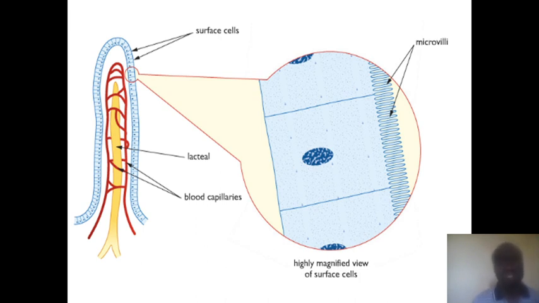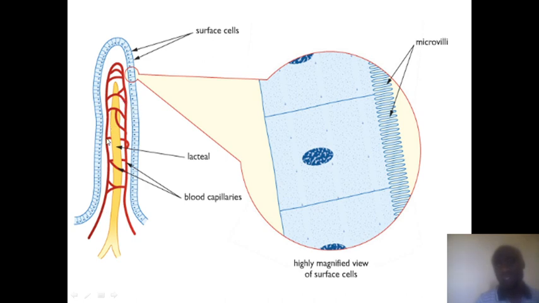Then we have this extension. This is the wall of the intestine. As you can see, this side is the intestine, then the inside is the wall. So food has to cross this boundary, and you can see the moment it crosses, there is this network of